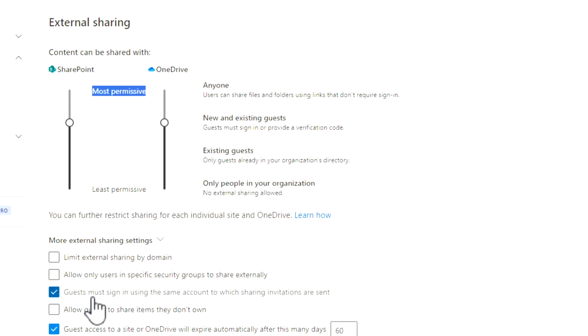the global layer here. Guests must sign in using the same account which invitations are sent. This is a setting I like to tick on. That's off by default. And this is basically to say they can't just sign in with a different account to the invitation link that you send out. So if you send it out to nickross@gmail.com, they can't sign in to the tradingnest@gmail.com as far as the specificity